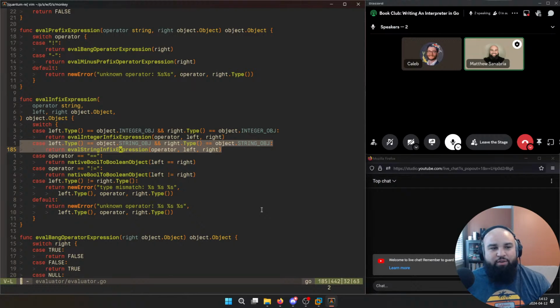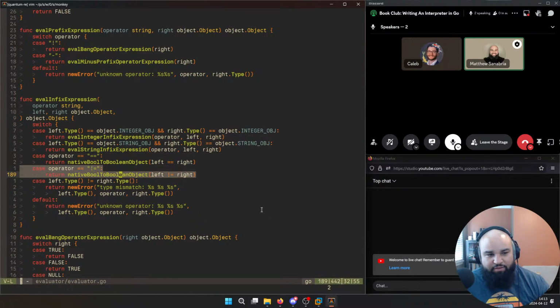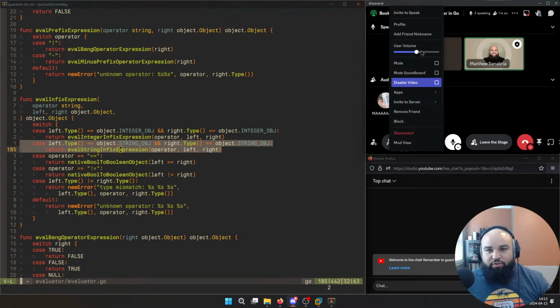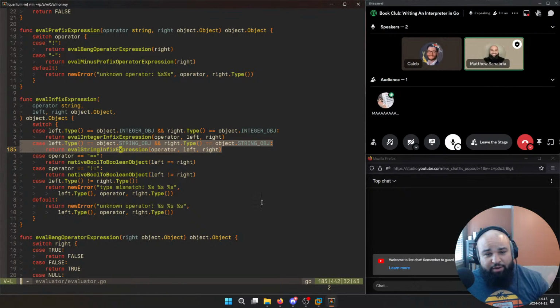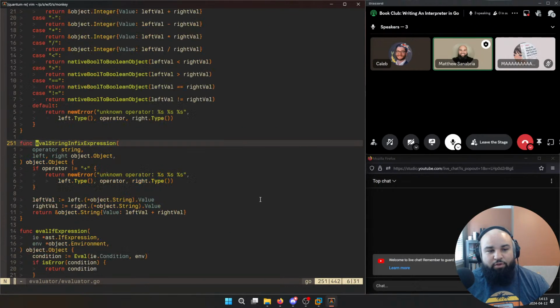So I thought that was interesting, where we're reusing the same infix expression stuff that we've been using this whole time. And the other cases up here are for integer addition, equality, right? We already covered those in a previous video, but we added this new case here saying, hey, if the type that we've got is a string and there's a string on both sides of the operator, let's actually add those strings together. Let's support that operation. And if you go into this function, the magic here is, I'll show you in a second.